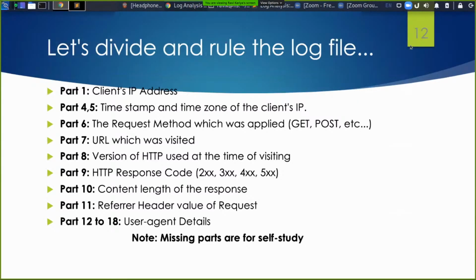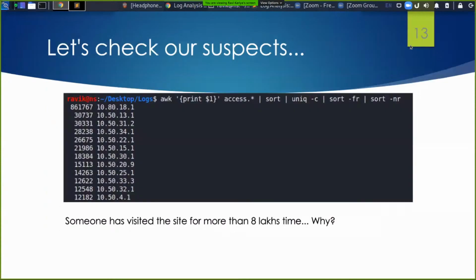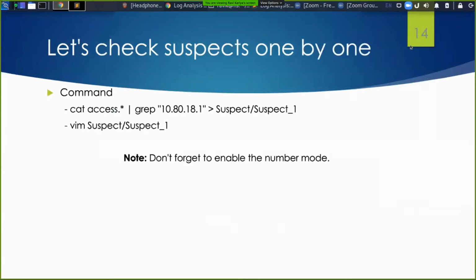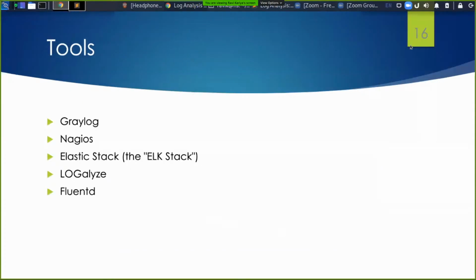As I mentioned earlier, part 1 includes the client's IP address, parts 4 to 5 denote the timestamps, and so on. These are the tools that can be used for log analysis: Graylog, Nagios, Elastic Stack, Logalyze, and Fluentd. I'll leave it completely up to you how you use these tools.